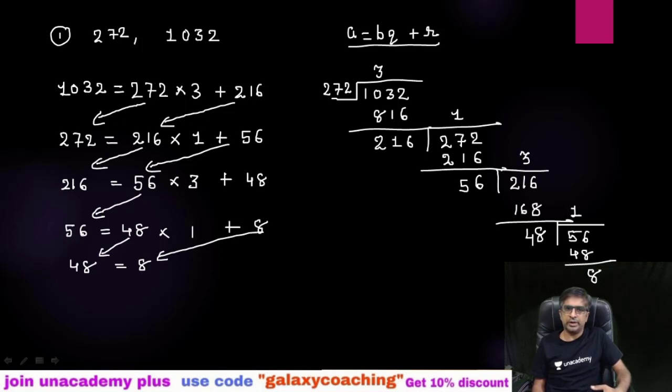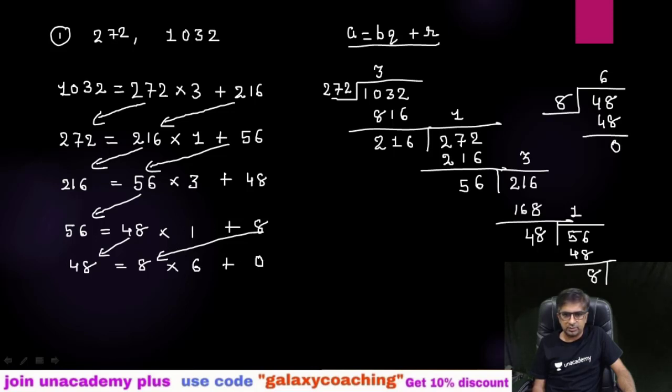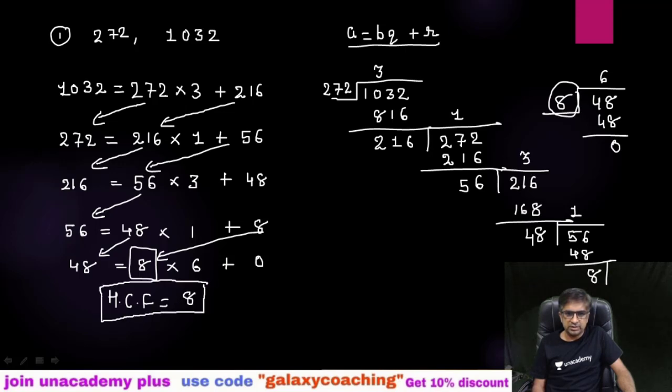So continuously you have to divide like this, and at one point what you will get when you divide 8 is here and 48 you are taking here, 8 6s are 48. So at one point you will get 8 6s are 48 plus remainder 0. Whenever you are getting your remainder 0, at that time the term by which you are dividing, whatever divisor you are having, that will be your HCF. So HCF of this is 8.